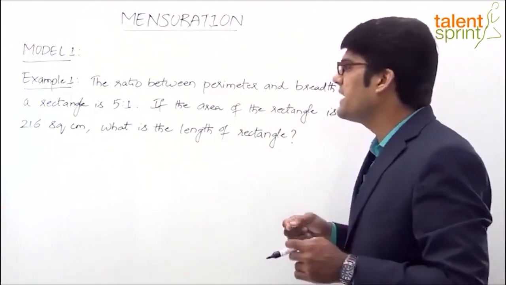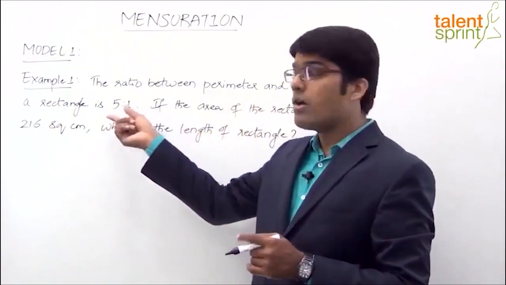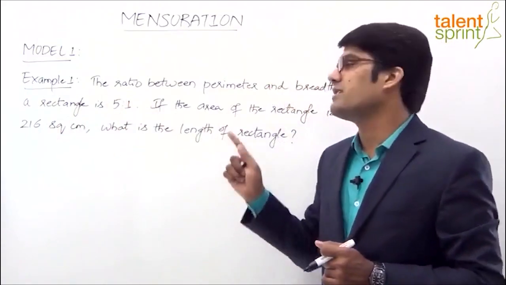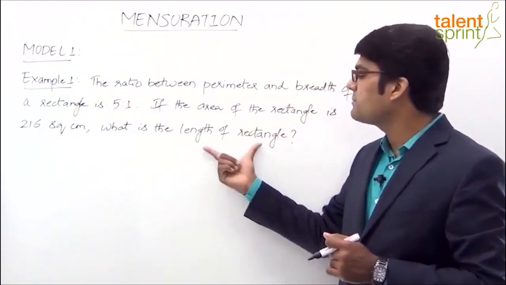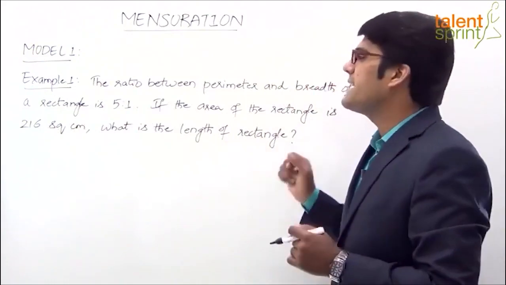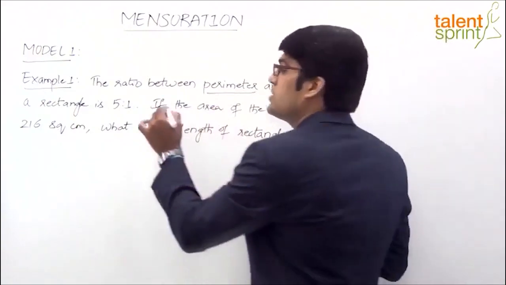So जैसे क्वेश्चन में दिया गया है, किसी रेक्टेंगल के पेरीमीटर और ब्रेड्थ का रेशियो है 5:1 और रेक्टेंगल का एरिया है 216 स्क्वायर सेंटीमीटर्स। और इस दी गई इंफॉर्मेशन में से हमें ये पता लगाना है कि लेंथ ऑफ द रेक्टेंगल क्या होगी, राइट? तो देखते हैं इसे कैसे सॉल्व करेंगे। फर्स्ट स्टेटमेंट में जैसे दिया गया है पेरीमीटर और ब्रेड्थ रेशियो है 5:1,